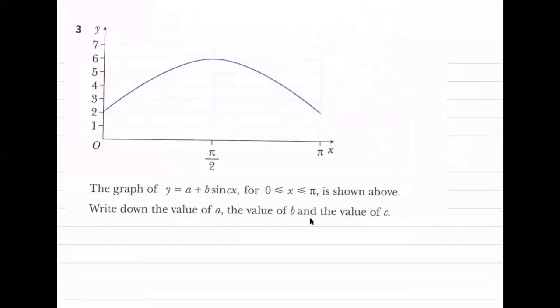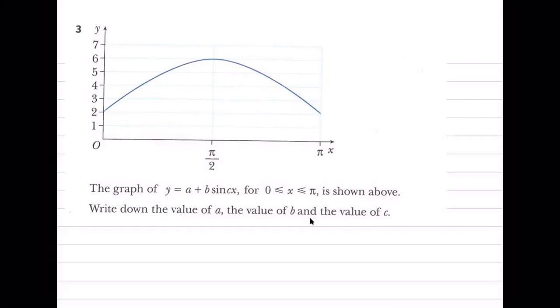The x-axis is basically now in terms of radians. The graph shows y equals a plus b sine cx. They have already told you that this part of the curve belongs to the sine wave, where x is greater than or equal to 0 and less than or equal to pi, so it's in radians as well. We need to find the values of a, b and c. What's the value of a, what is the value of b, and what is the value of c? Think, come on. 6 is the value of a.